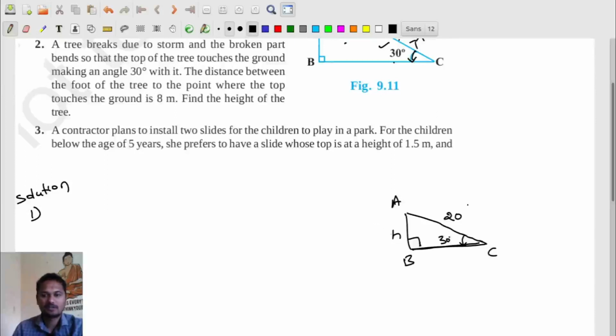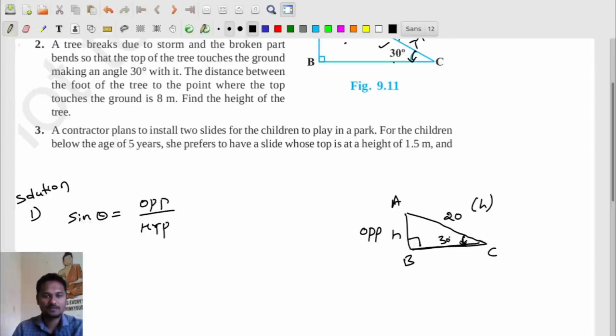So here the given data is, if I take this theta as a reference, okay, this angle as a reference, so this is your hypotenuse and this is the opposite side, right? So now height and opposite sides. What is the ratio of height and opposite sides? That gives the sine ratio. What is sine theta? Sine theta is opposite divided by hypotenuse.